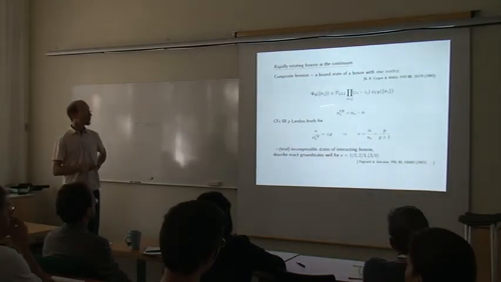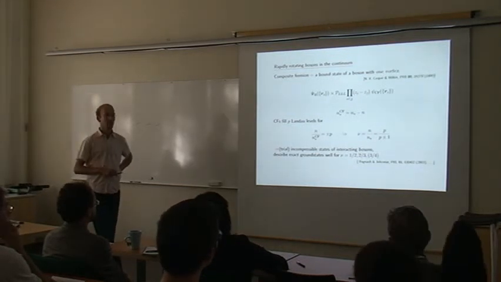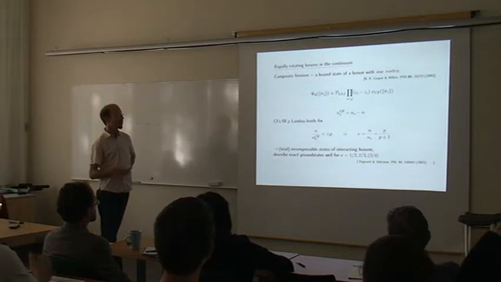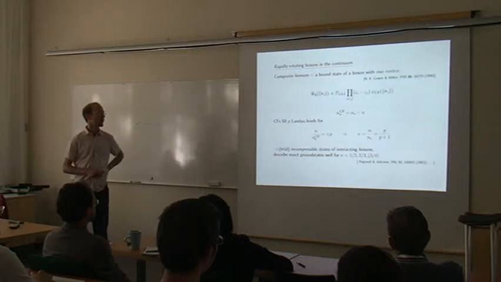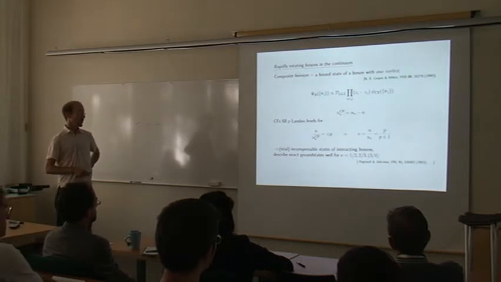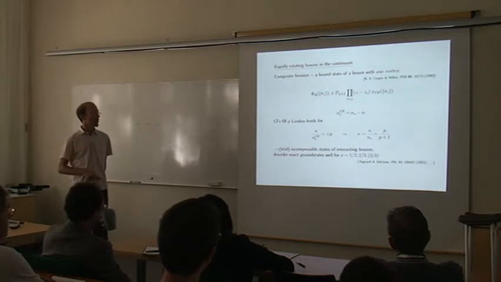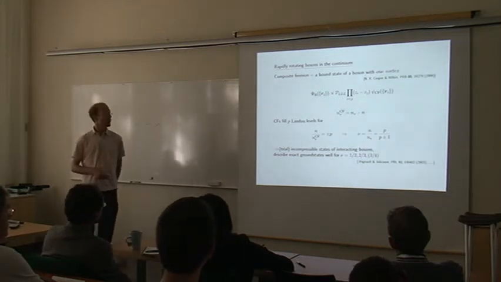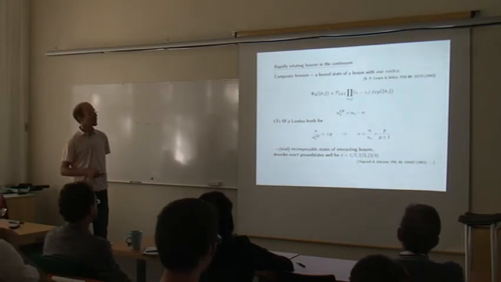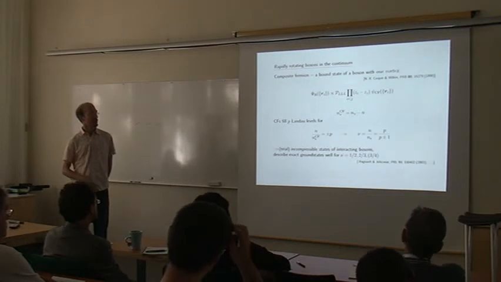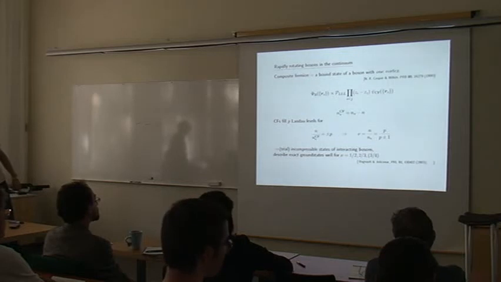Anyways, so the filling factors now here, instead of the usual p over 2p plus 1 that we know for composite fermions, end up being this bosonic series of p over p plus or minus 1. And so in the continuum, these trial composite fermion states describe interacting bosons well for filling factors 1/2, which we knew. The Laughlin state actually is exact for repulsion, but also for the case of 2/3, and quite well still for 3/4.